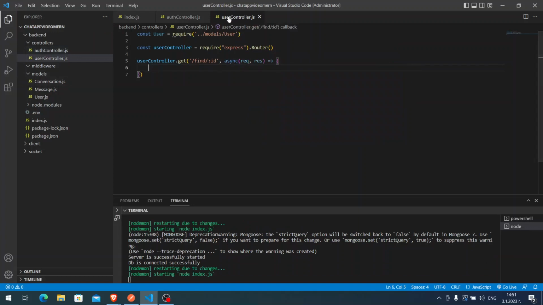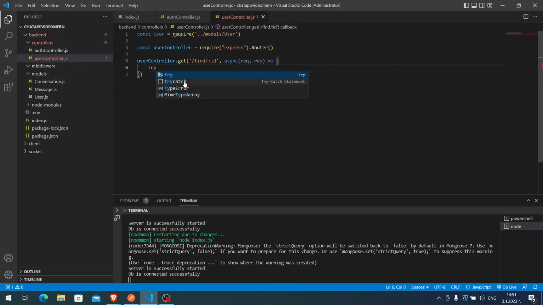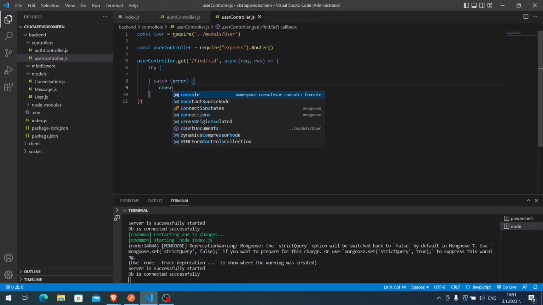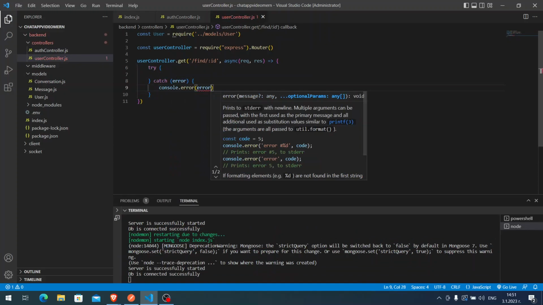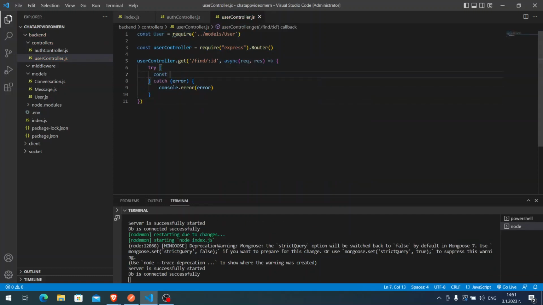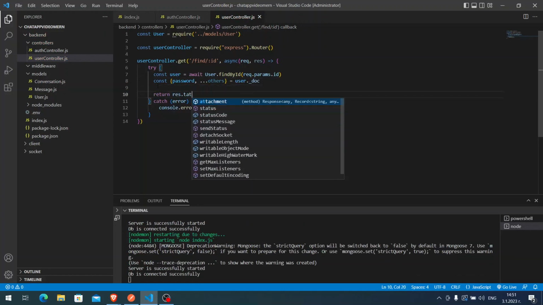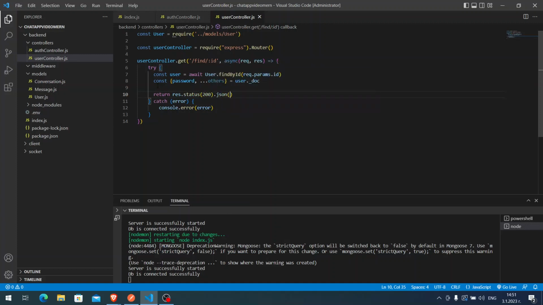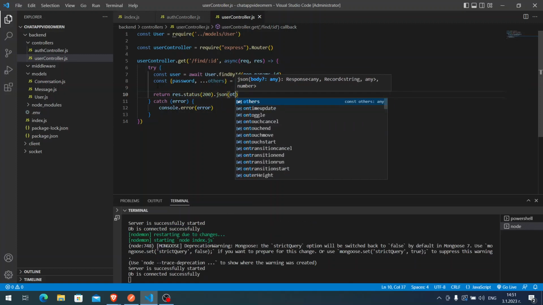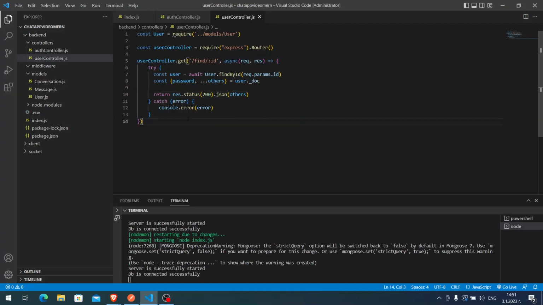I'm going to tell you beforehand, in the user controller we are going to have only one function, and this is for getting an individual user. So don't worry, it's going to be very, very short. We have already written like half of it. So let's start. So const user is equal to await user find by ID request params.id, and here const password, others is equal to user_doc, and let's return. So response status 200 JSON others. We don't want to return the password. And let's export it. I almost forgot. Let's export the user controller,